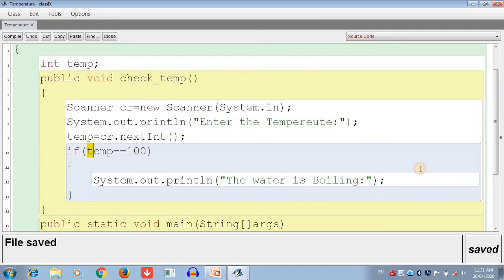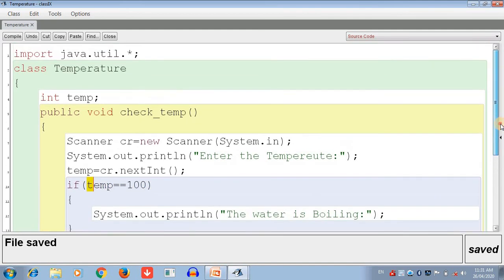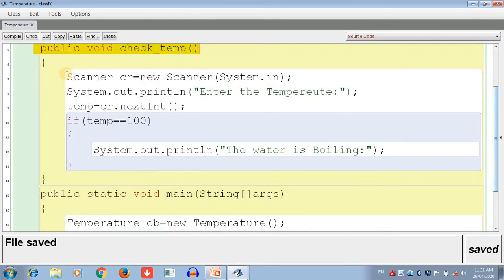Now we are going to compile. You see that program first. First we have to declare the Scanner class, then declare the class name. We have to take one variable that is integer type. Then define a member method and give the Scanner class inside the member method, and System.out.println, that is the user message to print enter the temperature. The temperature is stored in the temp variable, and after that I am checking the temperature using an if condition.